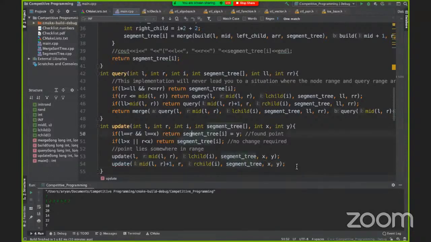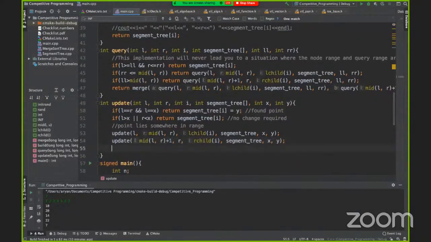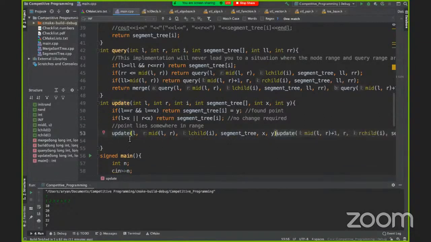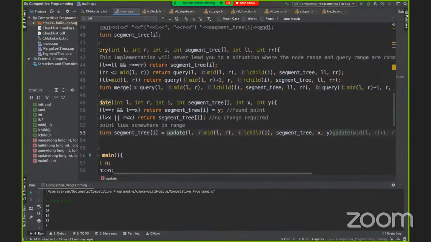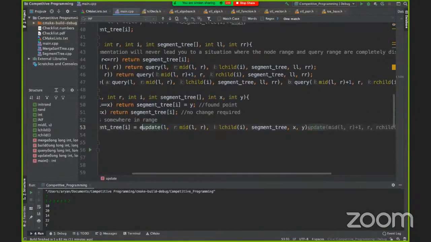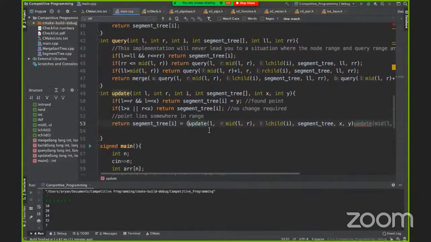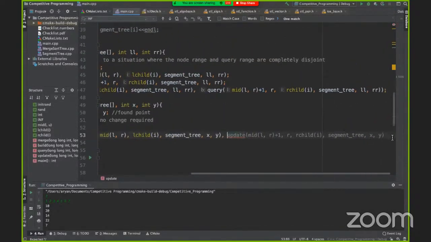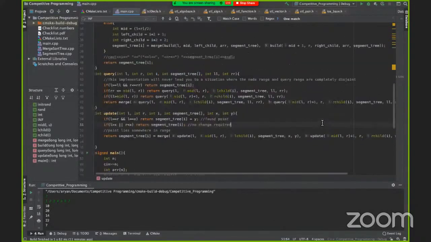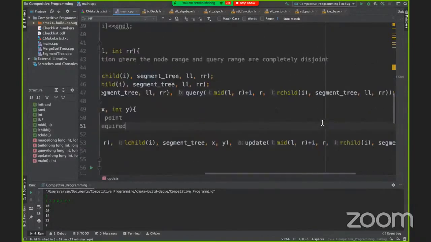So we update both of them. Then we can set the segment tree value to those, but instead I'll just do this: return segment tree at I is equal to merge of update left child and update right child. And the update function is over. So this is our update function.